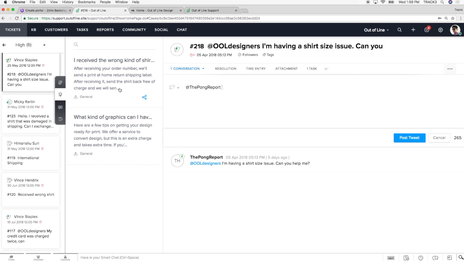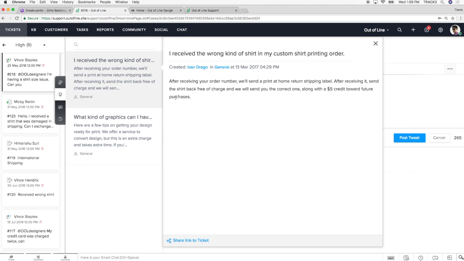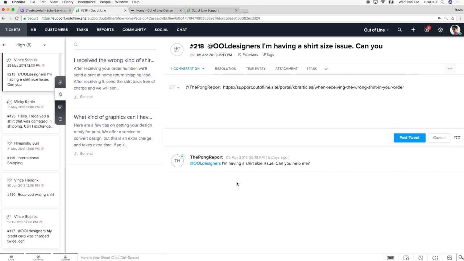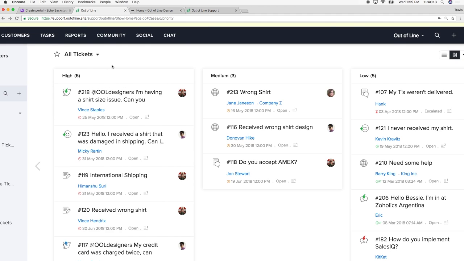It'll instantly suggest a couple articles based on the reading of the words in the ticket and the message, and it'll say, hey, maybe these solve this person's problem. I can click on them, look at the knowledge base article myself, and I can instantly link them, just share the link to this article in the ticket itself. So I know this one applies, I've shared the link, and then I can post tweet, instantly reply to them. I can personalize it a little bit, say, hey, thanks for writing in. I can customize this. I think this article solves your problem. Check out our knowledge base in the future. Really convenient right there. And Desk is doing some of the heavy lifting for you, which is very nice.